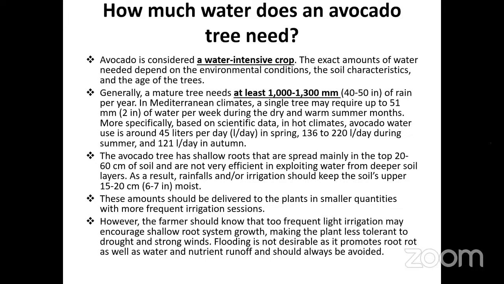Of course, another factor is the soil. If the soil is sandy, it is different from clay soil, which is different from loamy soil, and so on. So if your soil is sandy, for example, you have to intervene with a good irrigation system that can supply the water on time for the trees.